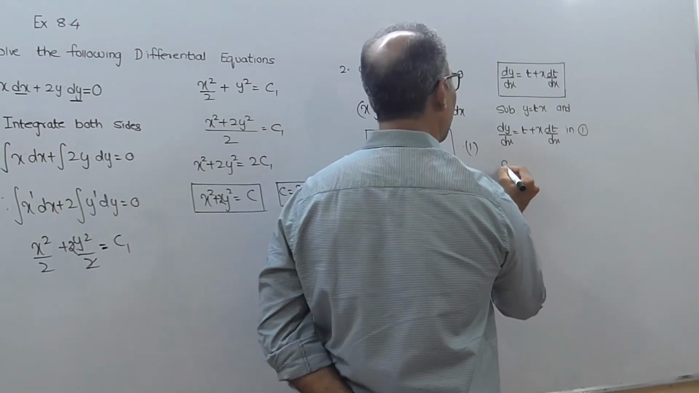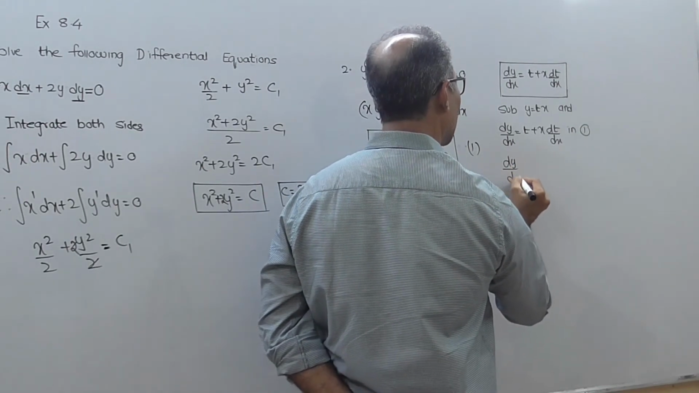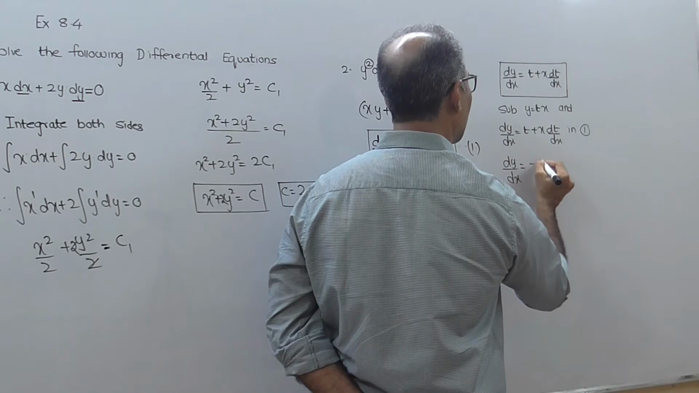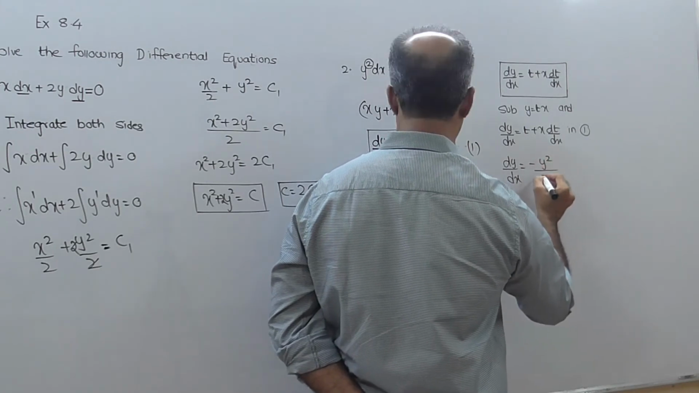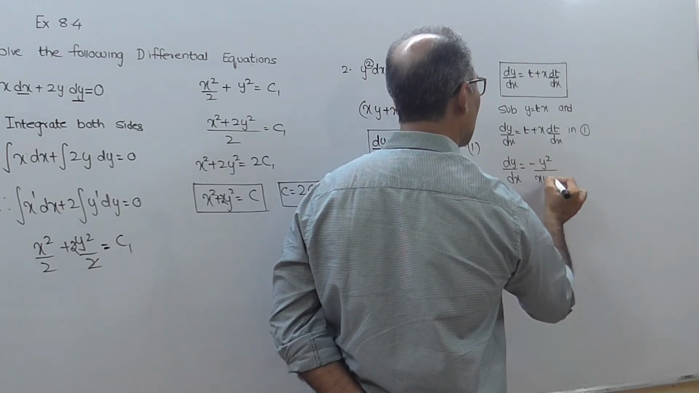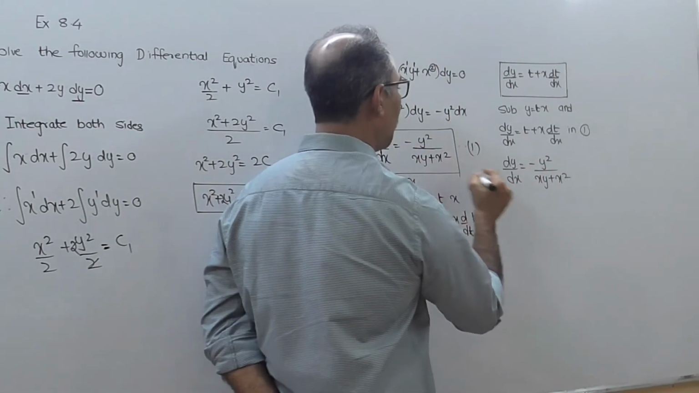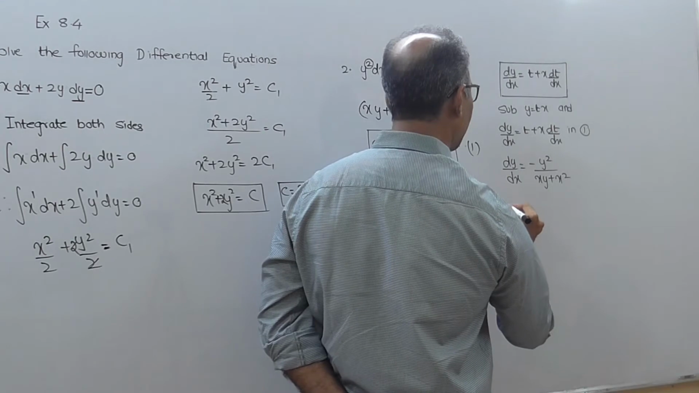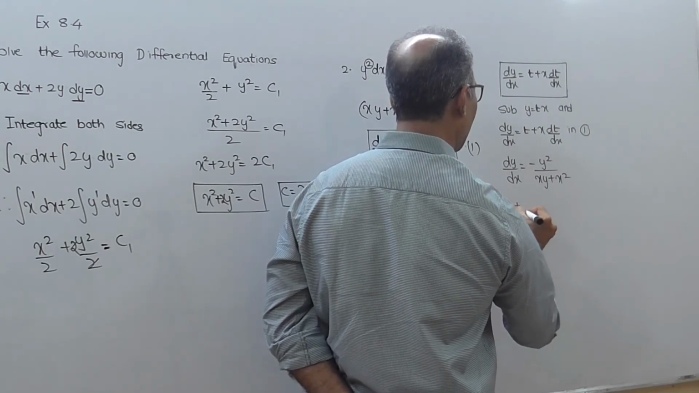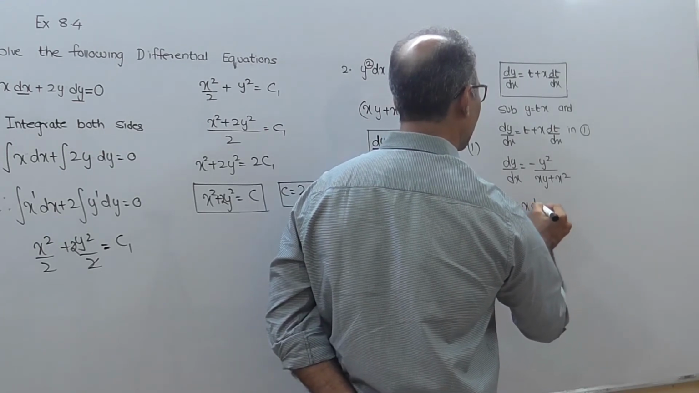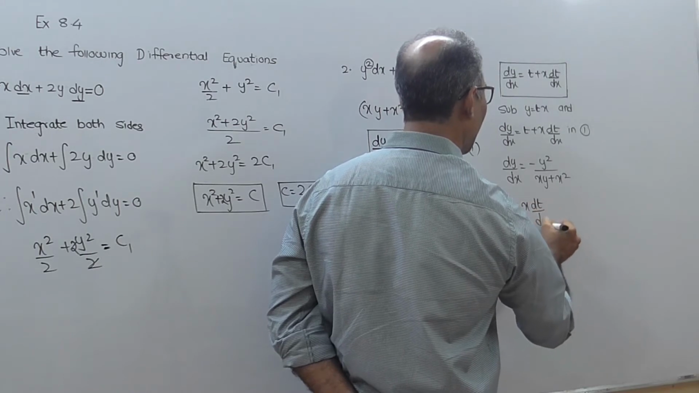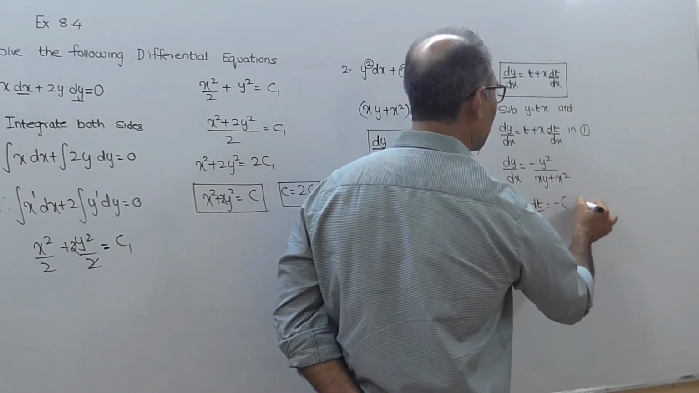So what is 1? 1 is dy by dx equal to minus y square upon xy plus x square. That is your dy by dx. So in place of dy by dx, I'll write t plus x dt by dx equal to minus